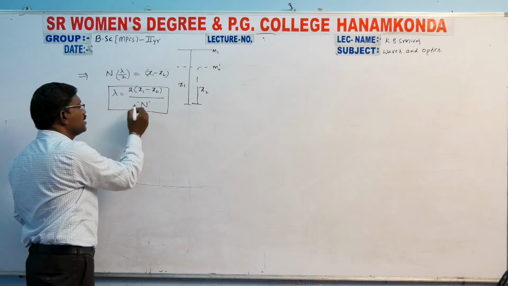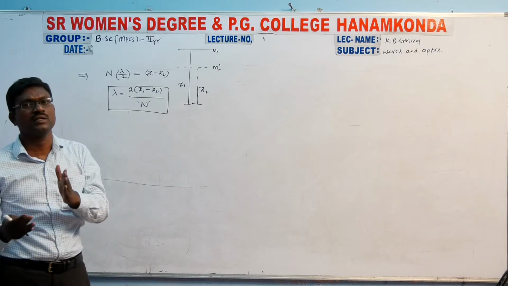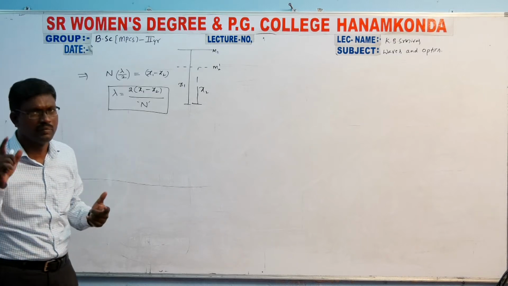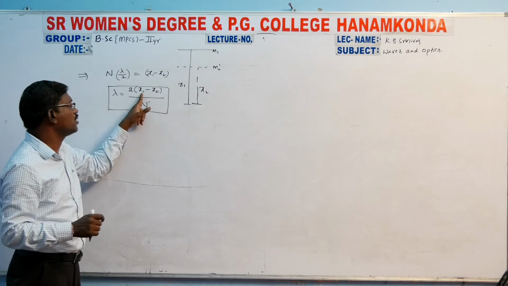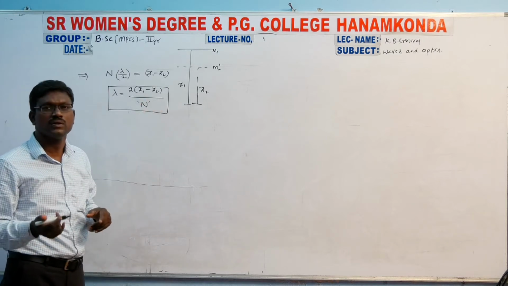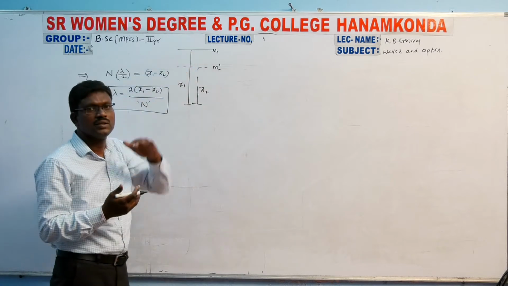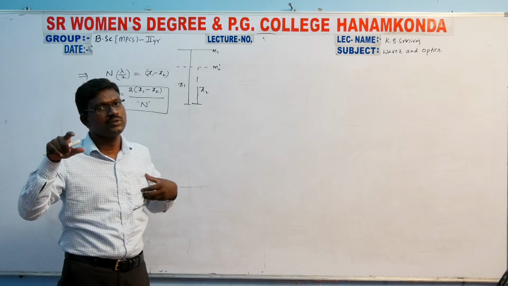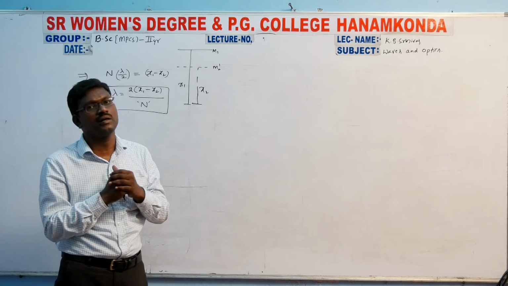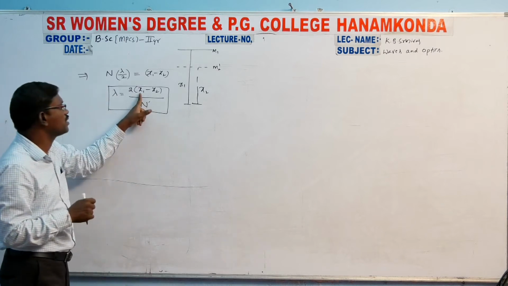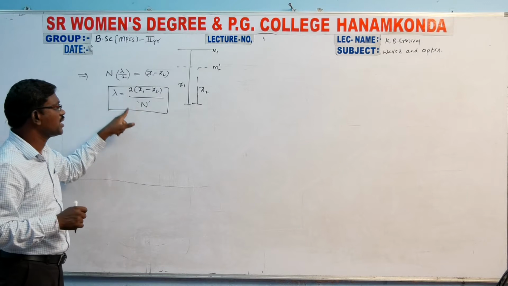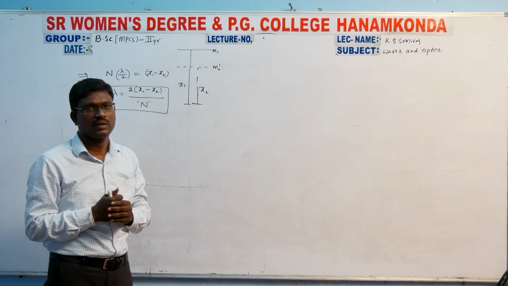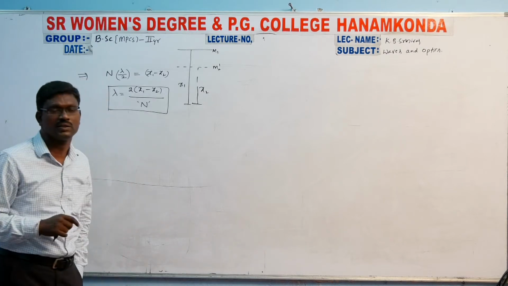So N is the number of bright fringes crossing the center of the field of view, which we can count simply by using the telescope. How do we calculate x1 and x2? x1 and x2 are the positions of the M1 mirror, so we can easily calculate them by using the micrometer screw, which is used to determine the position of the mirrors. All values on the right-hand side can be calculated, so that we can calculate the wavelength of the monochromatic light. This is one use of the Michelson interferometer.